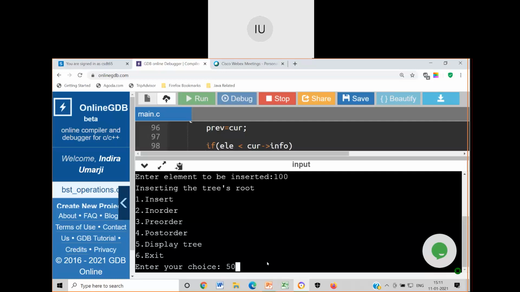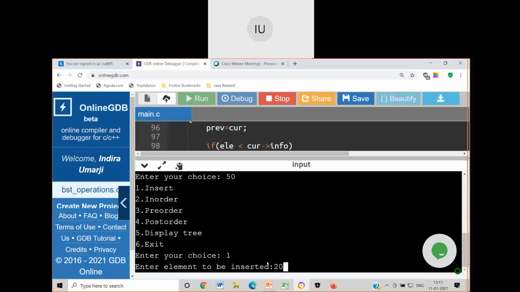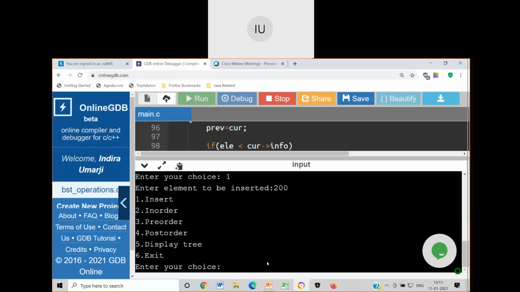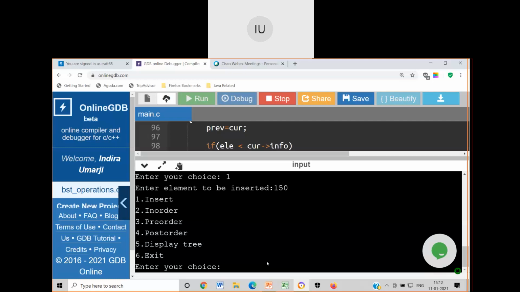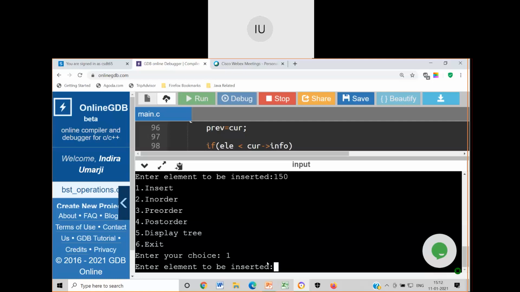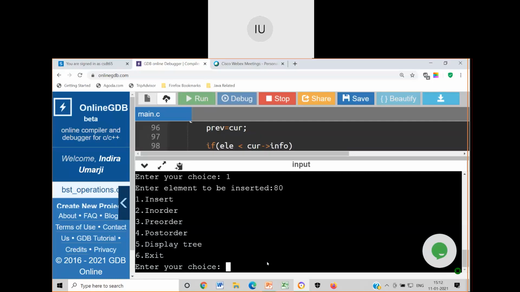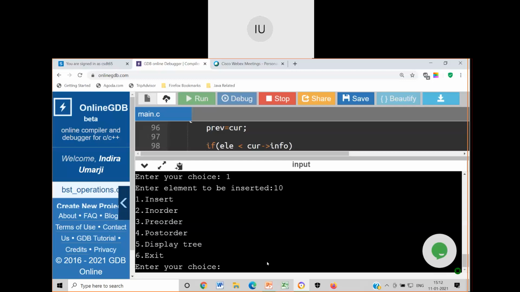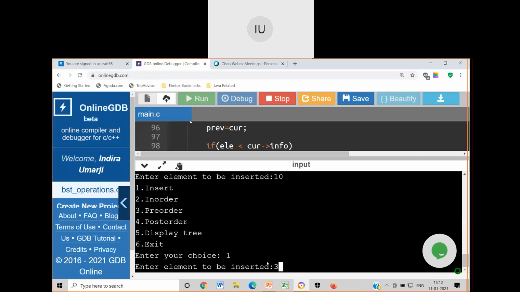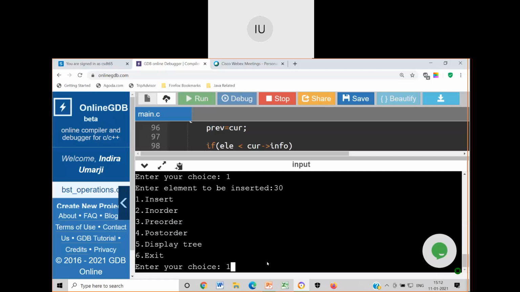Next, I had 200. Next, I had 150. Then I had 80. Then 20. Then 10. Then 30. Then I had 250.